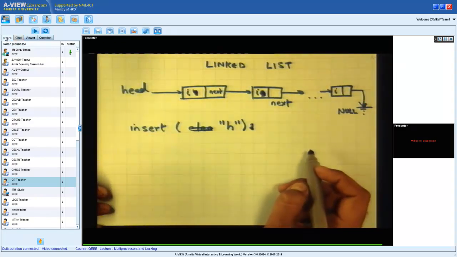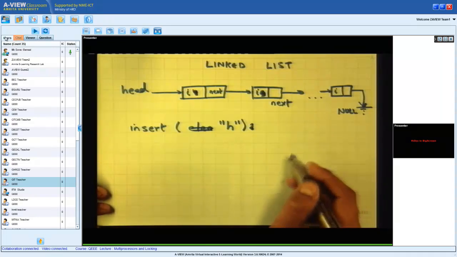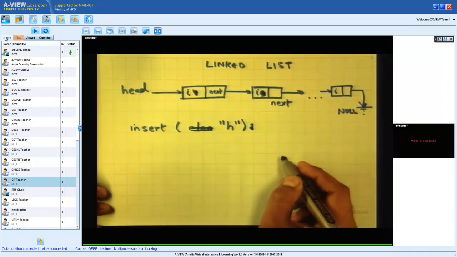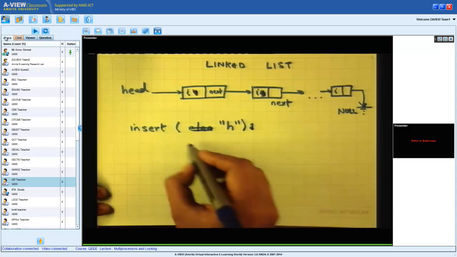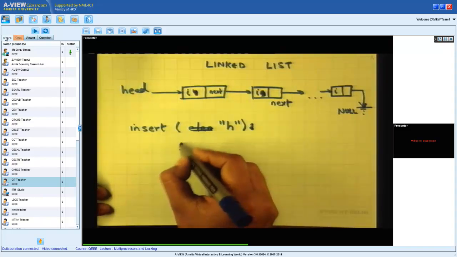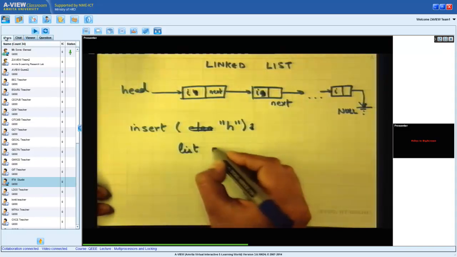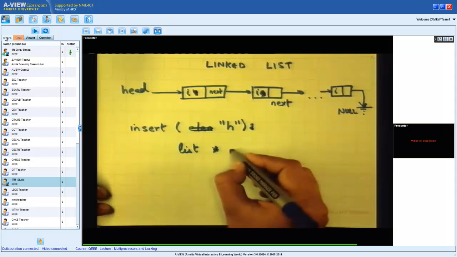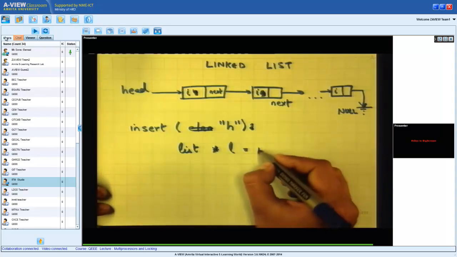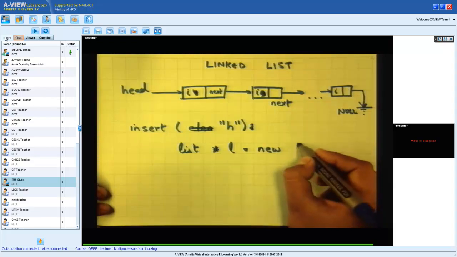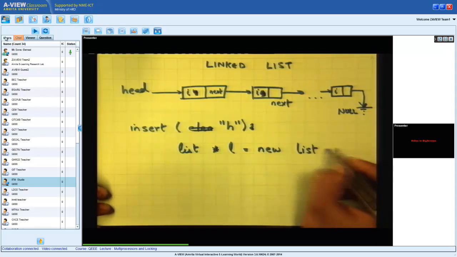So I say insert H, and okay, how do I insert H? Well, first, let's say this type is list. So list star L is equal to new list, or malloc list, whatever you want to say.